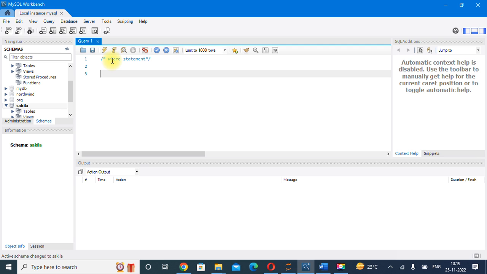Now what is where? Where is nothing but a filtering clause. So let's suppose whenever you have to filter your data, in that scenario you can go with the where statement. So let's see how we can filter records. Whenever you have to filter the records from your table, in that scenario you can go with the where statement. So I will write one query: